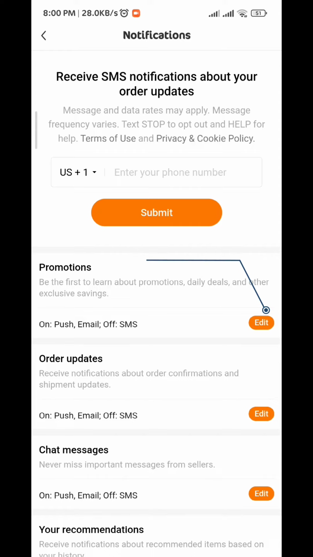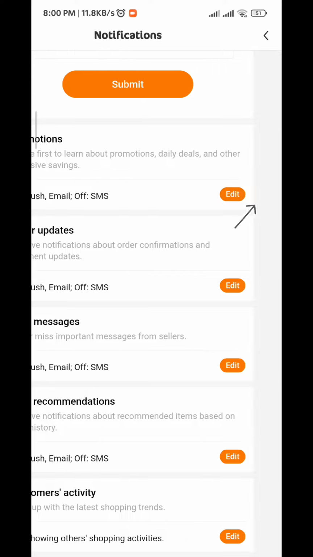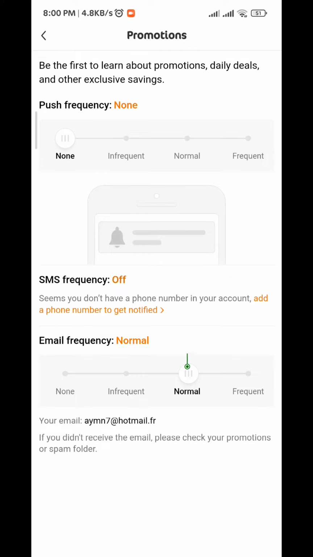And from here you'll get all types of notifications and messages that you receive from the app. You can go ahead and tap on them to turn them off. So from there you can drag this button to the left to turn it off. You can do the same for this one. So just like that. And you can do the same for the chat messages, which is the one